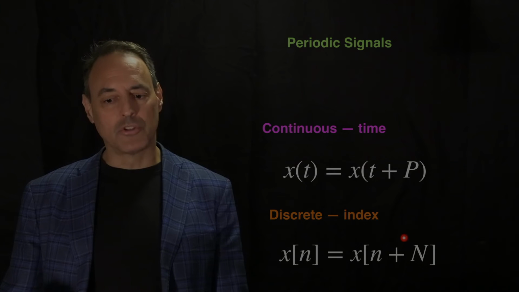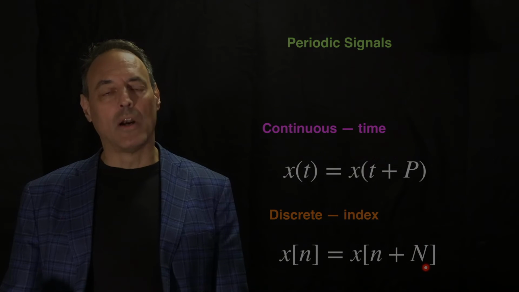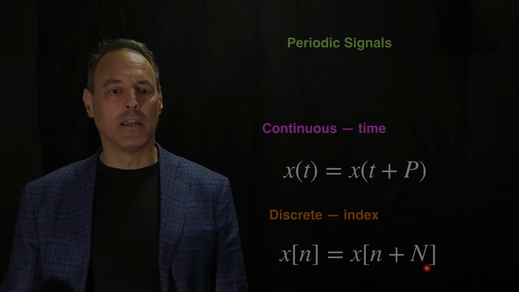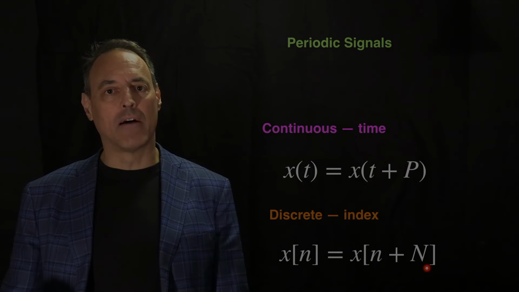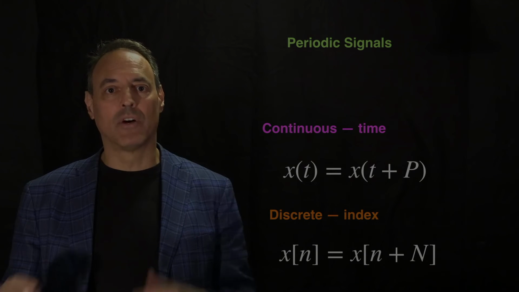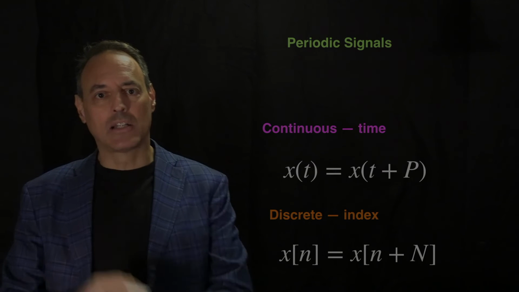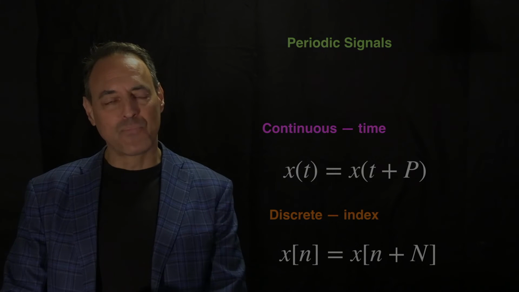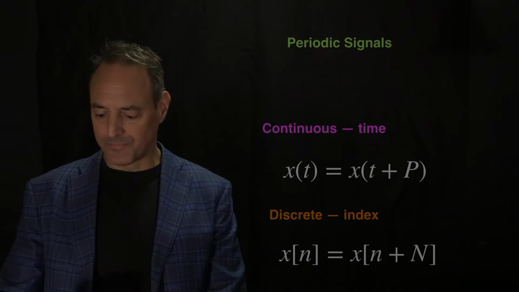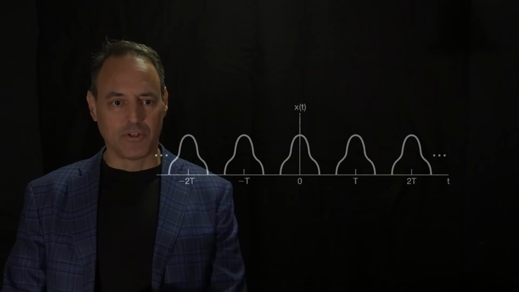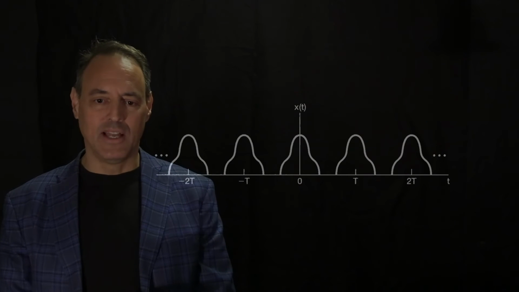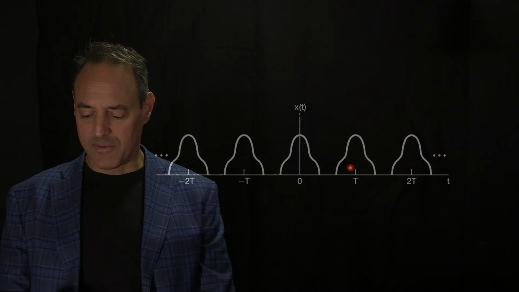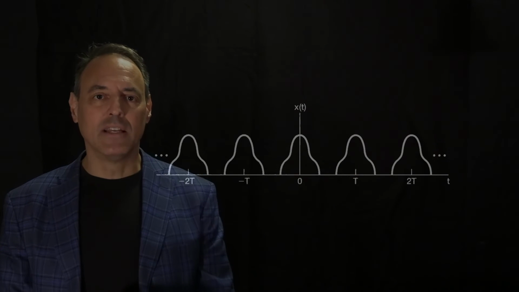We can also do this with discrete signals, where n is the underlying shift that we have here, which is the period. So if I shift it over by n slots into the future, it should give me the same signal. So for instance, here's a periodic signal. And this is just a signal, it keeps repeating itself. And amazingly, Fourier